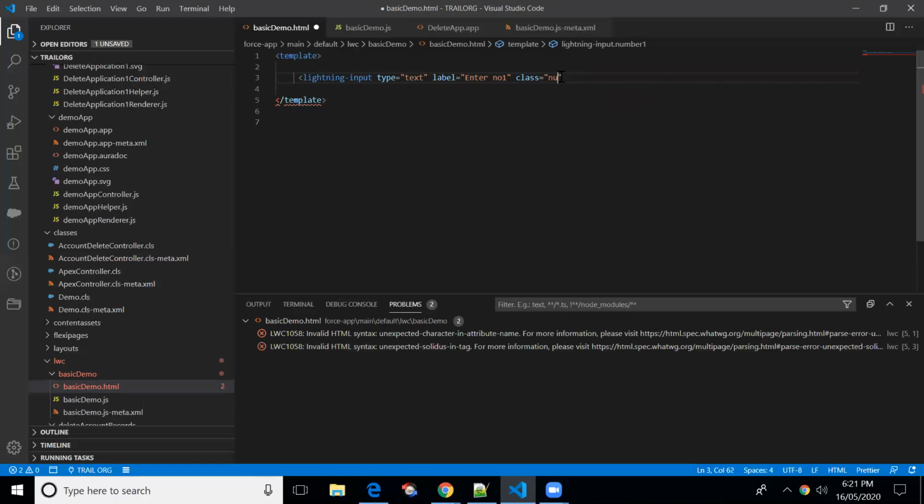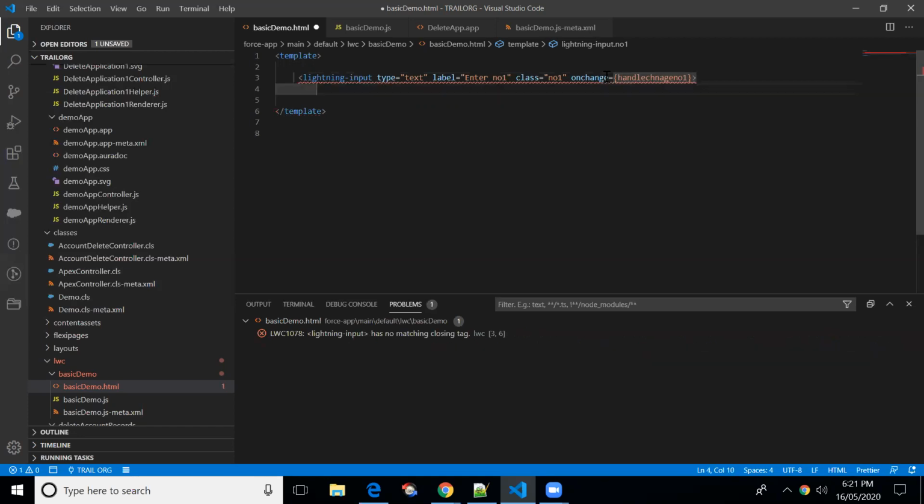Or let me make it simple, number one. On changing of this, I'm going to execute handleChangeNumberOne. Let me close this. I'm creating one more input field, so let me copy this.